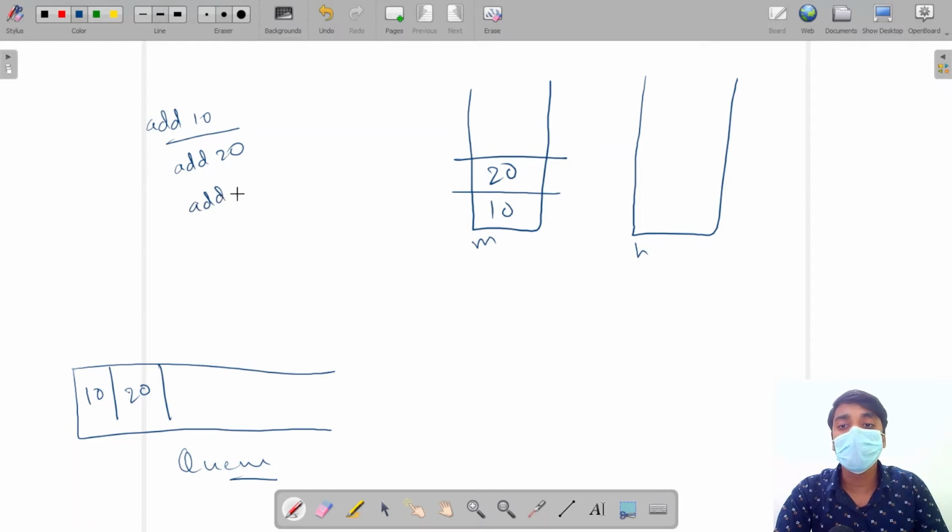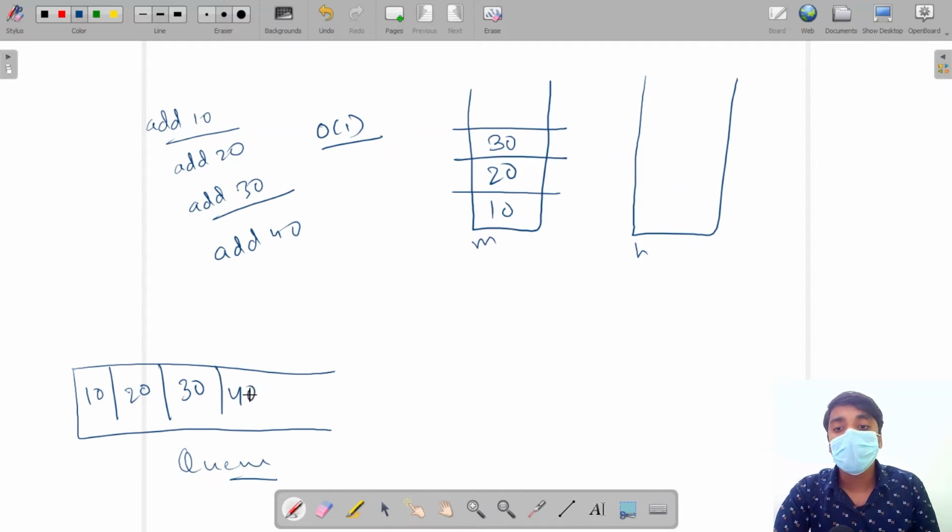Now add 30, it will add from the last in queue, and in stack it will push at the top of the stack. Now the adding of the element is O(1). Here we can see if we add 40, it will take O(1) time to push the data in main stack. Now if we ask for the peek value of the queue,